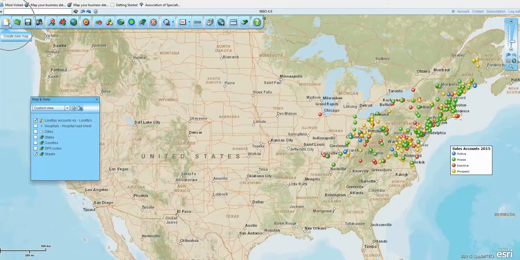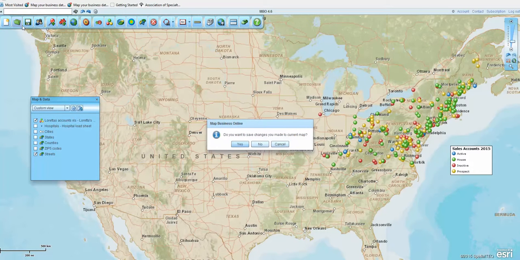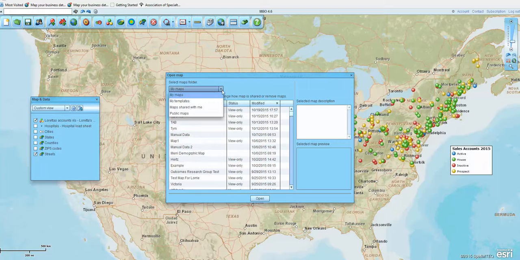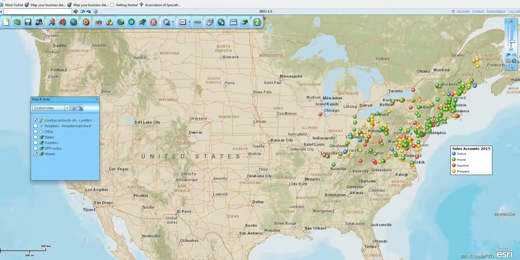This is the create a new map button. So if I click that button, I'm going to create a new map from scratch. This is going to give you your library of maps. It's essentially a folder that represents where all of your saved maps are. You can see you've got different maps that you've saved and you can work on. You've got maps that might be shared with you if you're on a team subscription. You've got template maps, where you can save maps as templates, and public maps that you've already shared with the